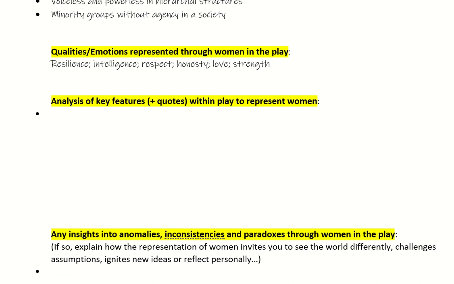Love for one another. They are very close, particularly Nerissa and Portia. And there's a strength of character that we see crafted through these women. Jessica, the fact that she's bold enough and strong enough to run away, which is incredibly brave considering her world and her experiences of family. And Shakespeare's crafting that again as a representation of women.